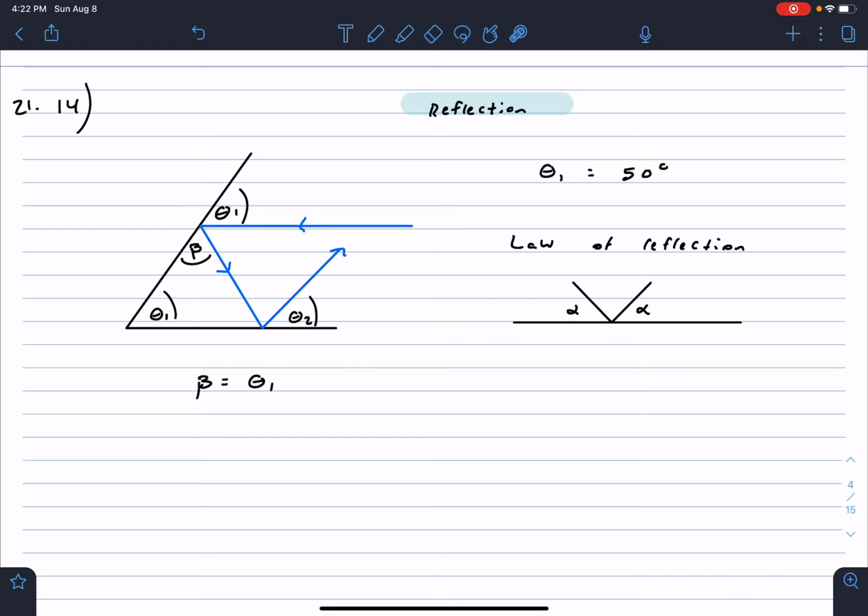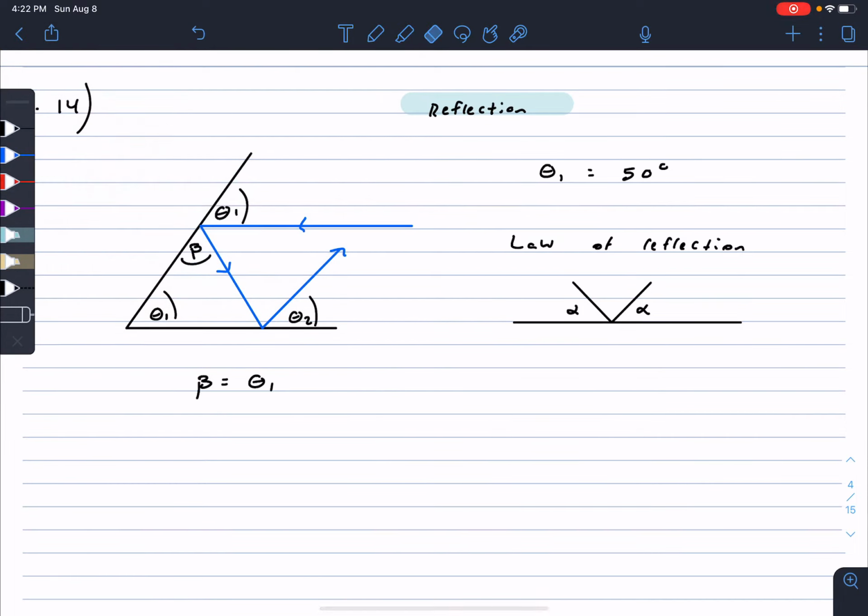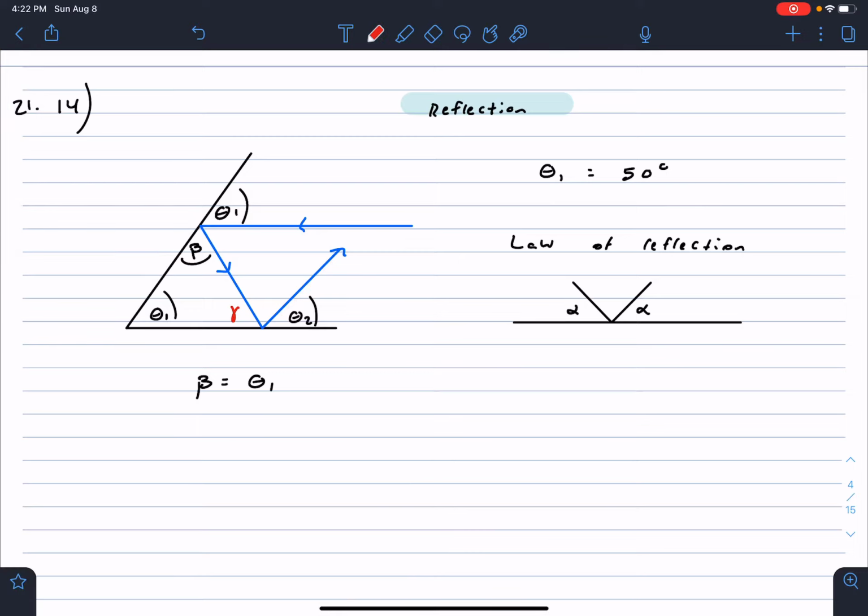So now, look at this. We have a triangle, right? We have another unknown angle down here. We'll call this gamma for now. Okay. And so a triangle, when you add up all of the angles, they should sum up to 180 degrees. So then, so I can find my pen. There it is. So then,